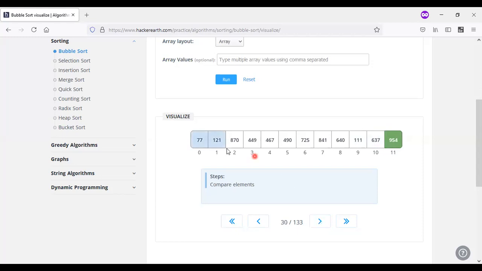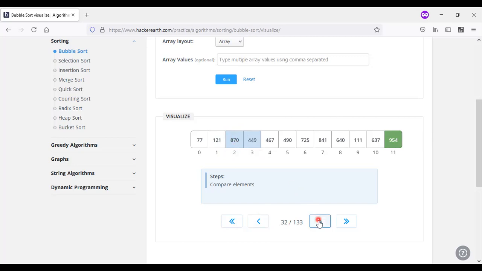Here we need to take these two values into comparison. These two are placed in the correct order only. And next one, 2, 3. Since it is placed in the correct order, we need to increment the I value to 2. We will start from this one.